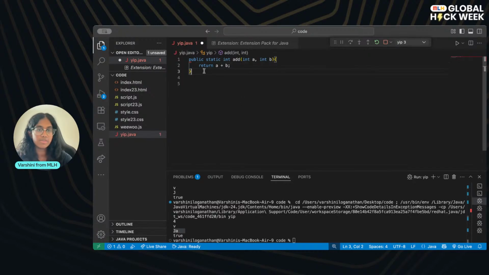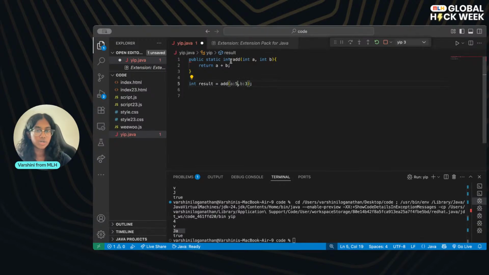So to call this method, to use this method, we're going to do int result equals add 5, 3. So here we're calling the method by this name that we chose, and then we're passing in 2 integers matching that data type. So you always have to make sure, and you can see it's auto-populating here, a and b, that whatever you're putting in these parameters matches what you put in your method declaration. And this public static part all it means is that the method belongs to the class and it can be called without creating an object.